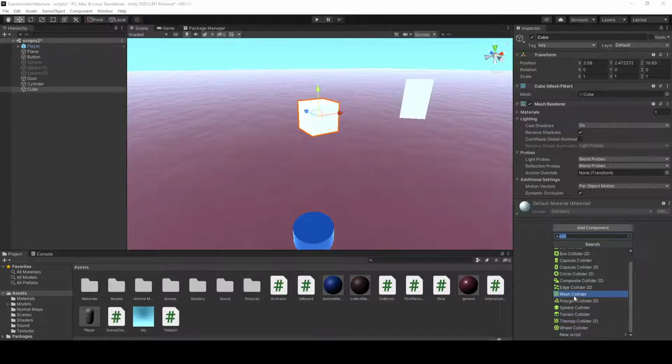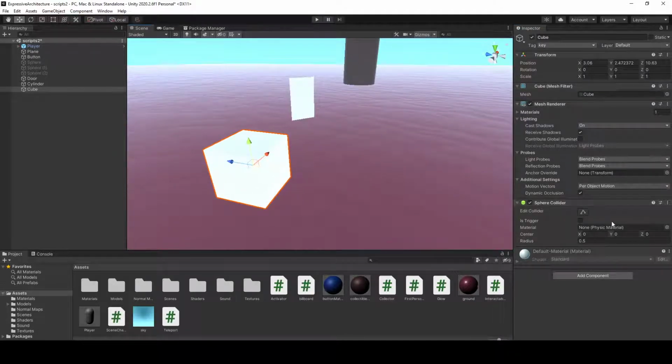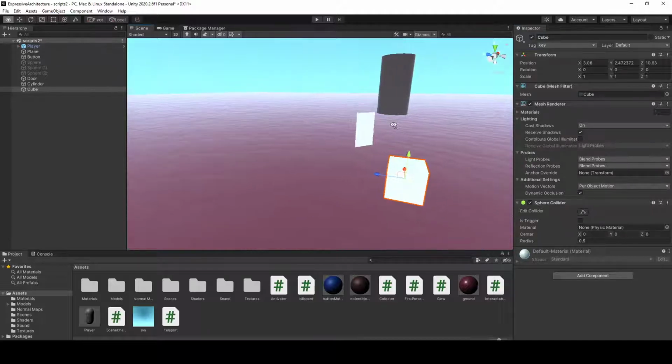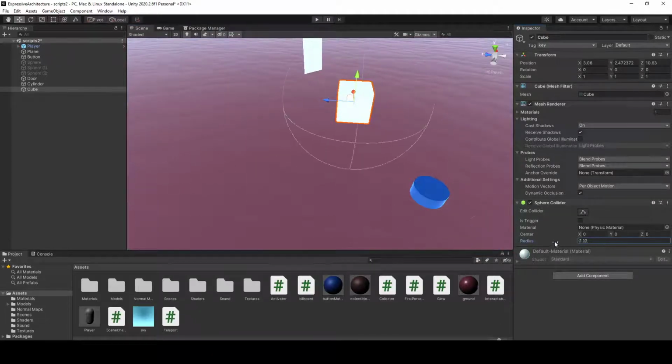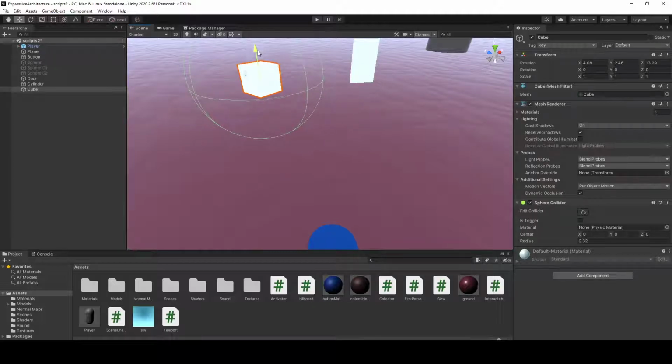If it's a complex object, you might want to use the mesh collider. If you're just checking the distance, it might make sense to attach a sphere collider. And I think by default, they should be about the size of the object, but you can change the parameters here, for example, the radius. So if you want this object to be activated or collected, even if you're not right in it,